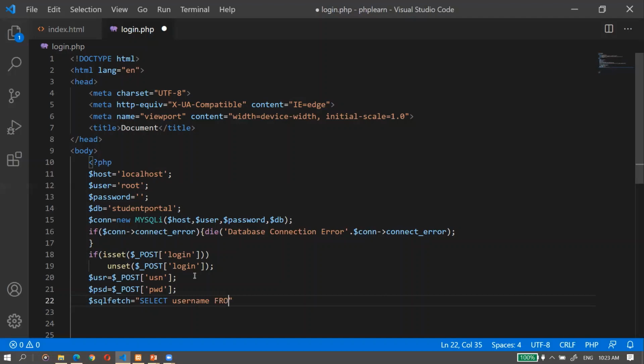Now from the name of the table, which was login. So my table name is login, right? You have to give your table name. Select username from login, where now you have to give the condition. So condition is where username should be what? Username should be